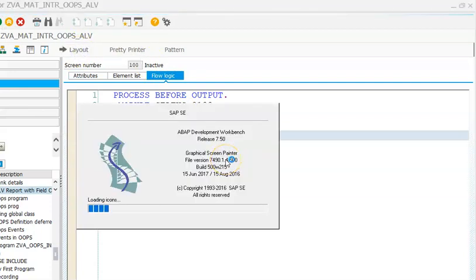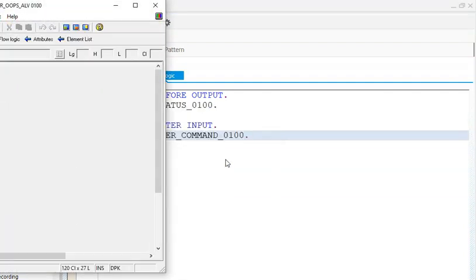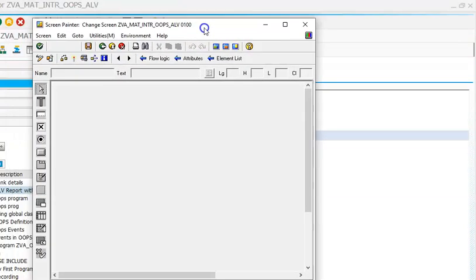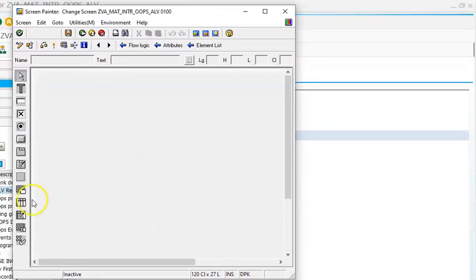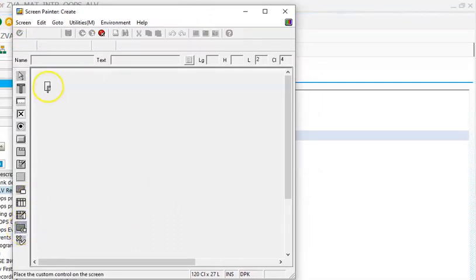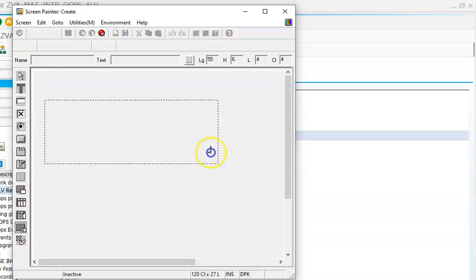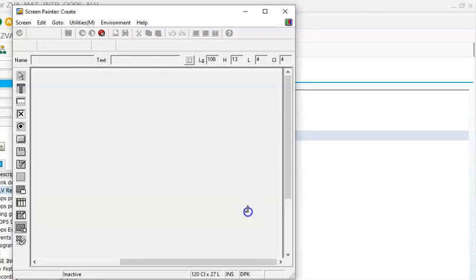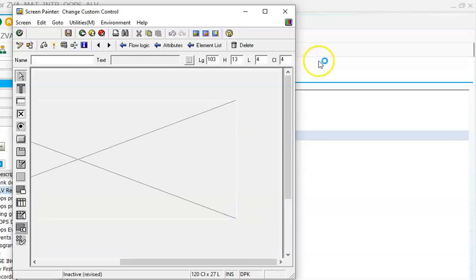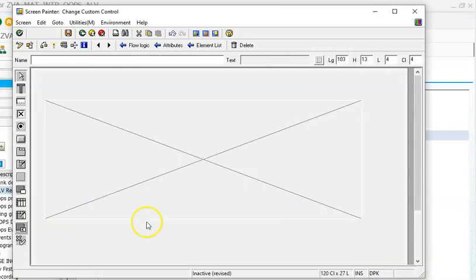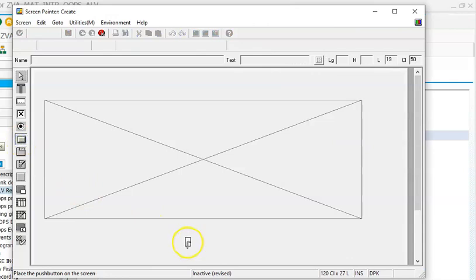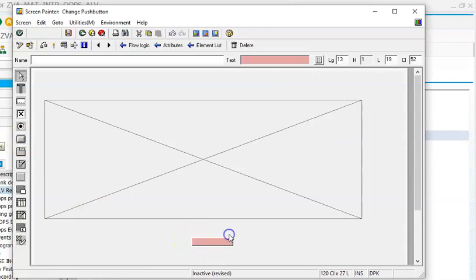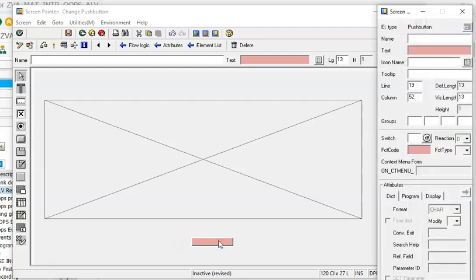In the layout, we have to build the container. So we have this push button here, PB1,